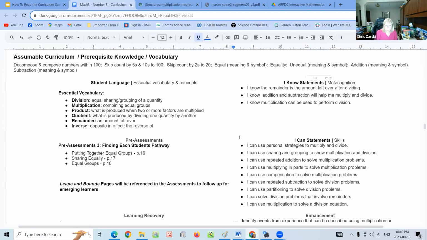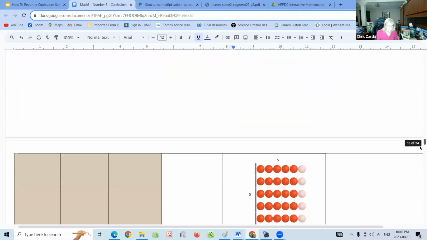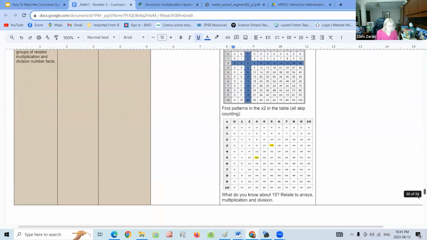So we're in the second row of cusps. The same procedures will happen. You will see the same things going on all the way through: the vocabulary, the essential skills, the pre-assessments, the I know, I can statements. So I'm going to scroll through just to the bottom of the third cusp, because that is the only place